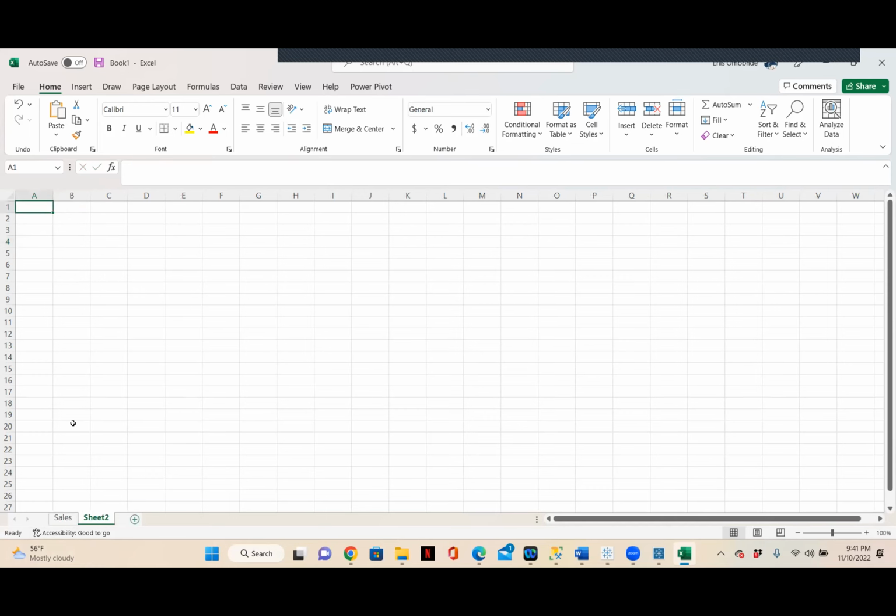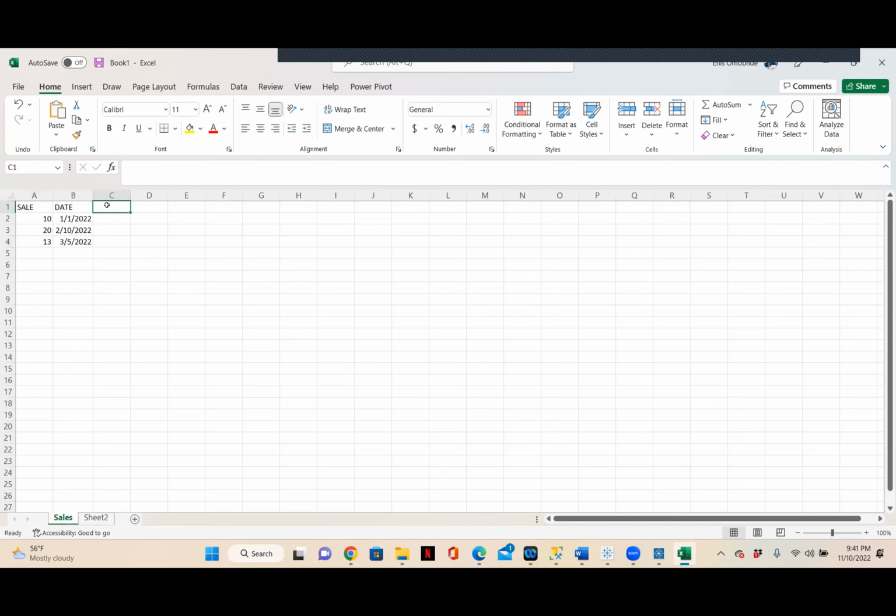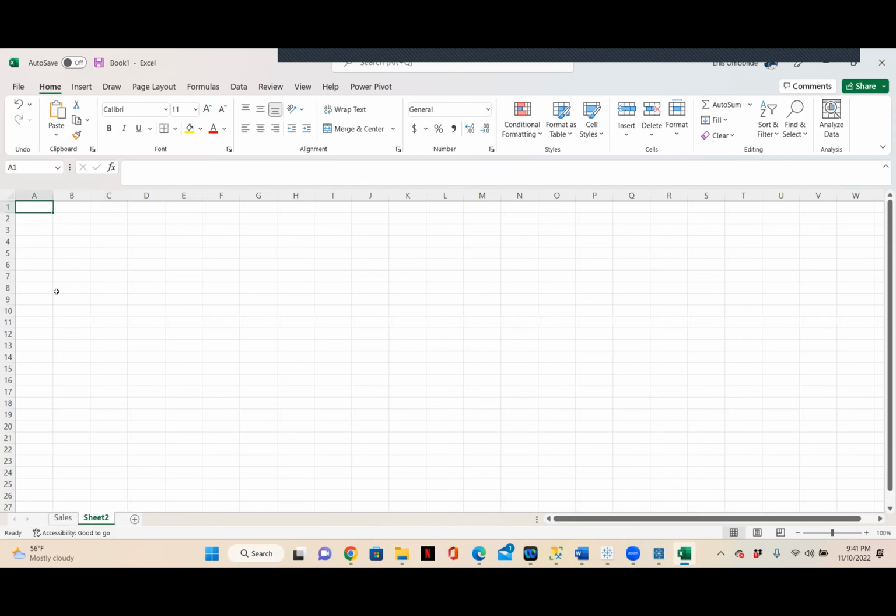Then here, let me put in here another ID. I'll just put, let me put salesperson for here. Let me just do ID, for example. It doesn't matter. Let's say I have A1, and I have B2, and I have B3. So this is my sales, and here I have